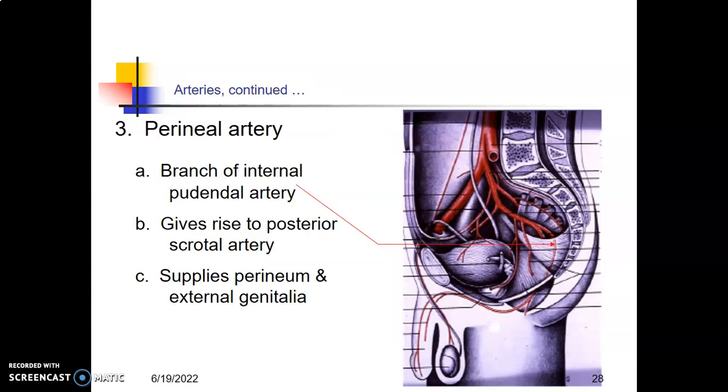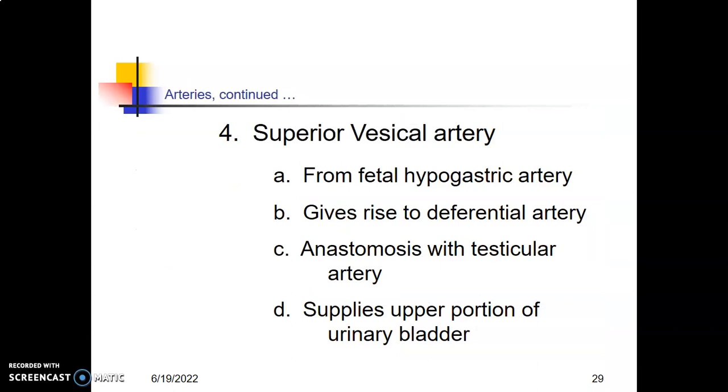Then there is the perineal artery, which is a branch of the pudendal artery that gives rise to the posterior scrotal artery. It supplies the perineum and external genitalia. We also have the superficial artery,